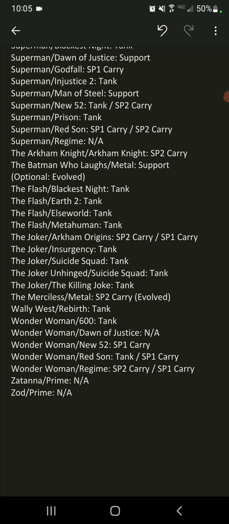So a good way to abuse this is, say you have a support that is not the best at shattering gears, but it's a decent special 1. Say it's like Crypto Lex Luthor or Nu52 Nightwing, or Aquaman Prime. They can only shatter one gear at a time, right? If you use them with Joker and you get 2 bars and you use 2 special 1s back to back,